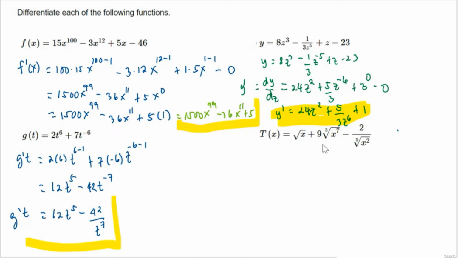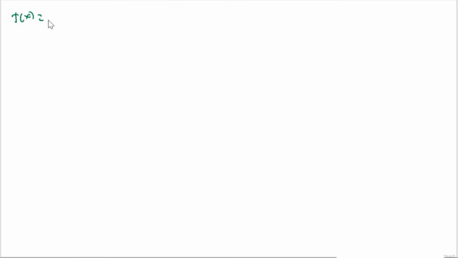So in the next example, we have T of x equals the square root of x plus 9 times the cube root of x raised to 7 minus 2 over the fifth root of x squared. Well, I guess I need to change that one. Okay, I will just transfer this one to the other page. So we have